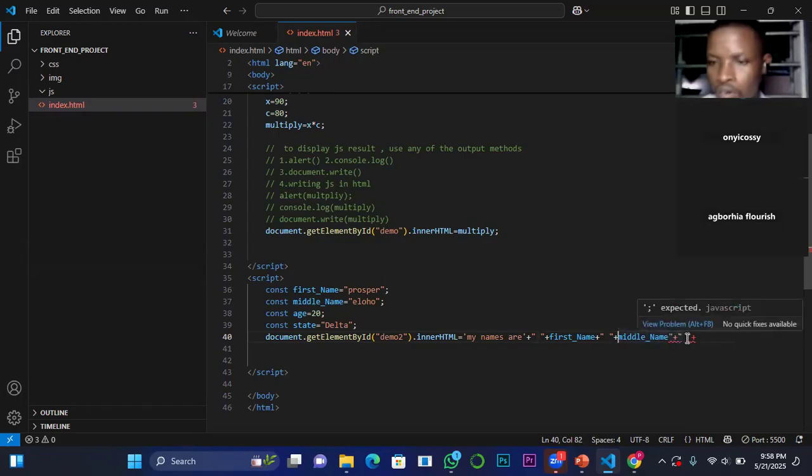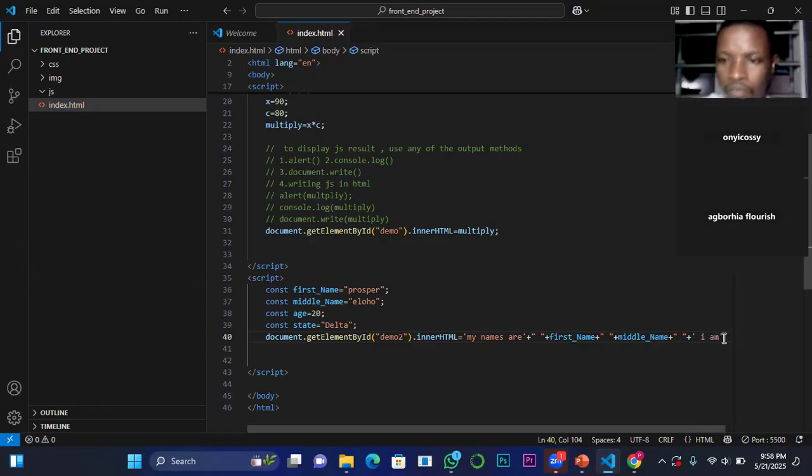Good. Now, let me see what I need to remove here. So my names are Prosper Eloho. So middle name is Eloho. So I will now concatenate empty space also before I call the next value. I'll put plus here. My names are Prosper Eloho, and I am. So remember that I will bring in another string. I am,